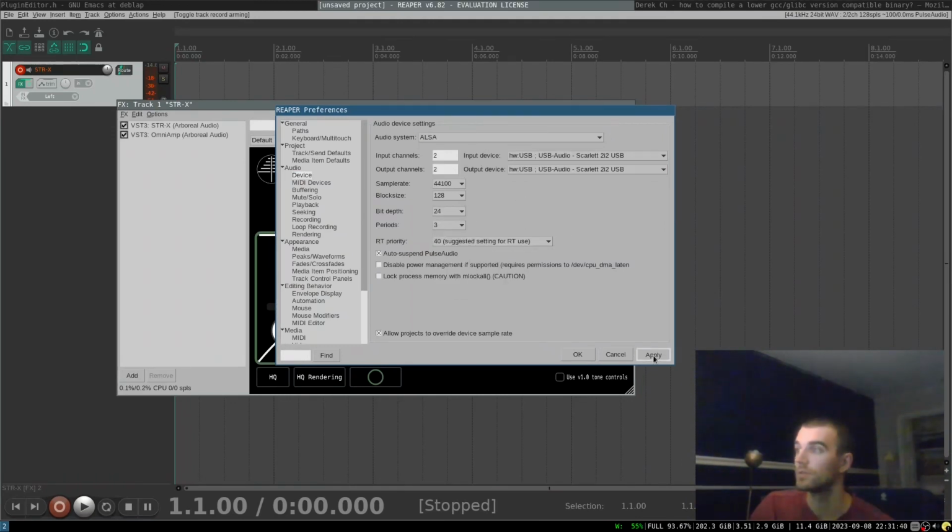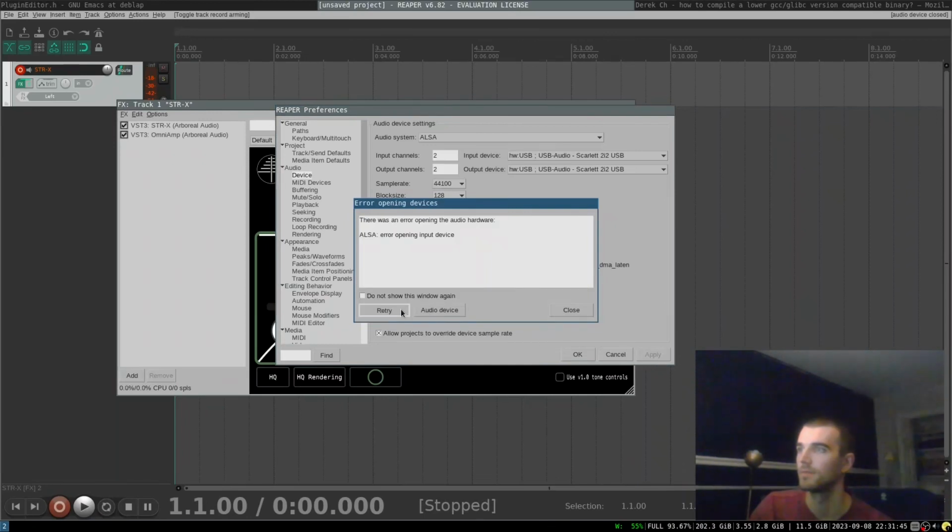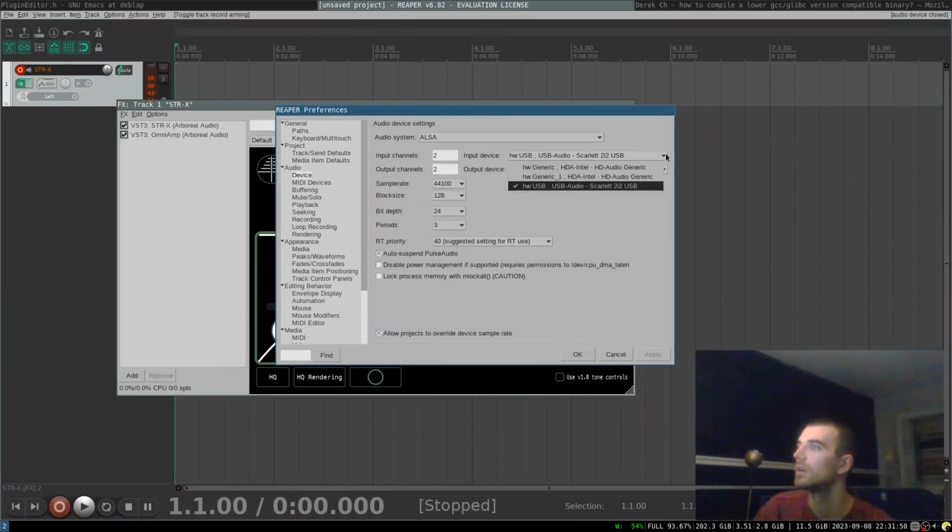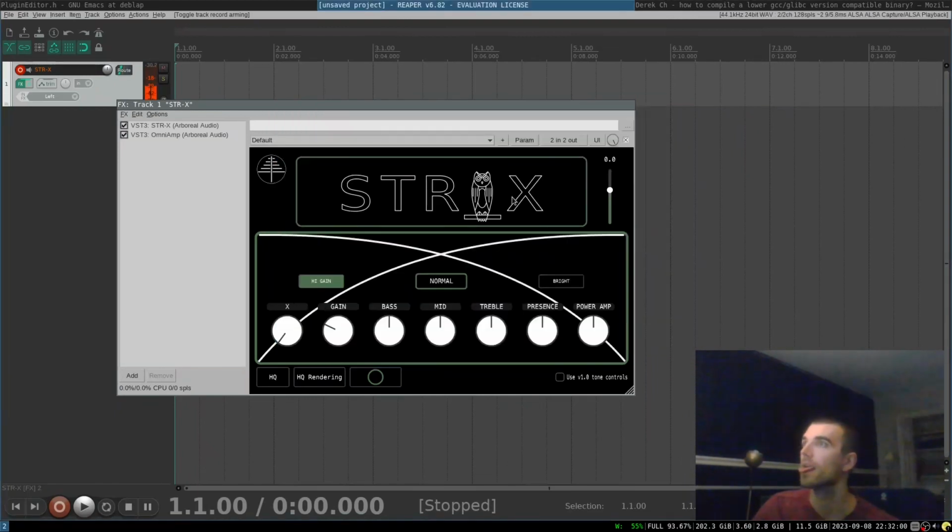But I can't use ALSA because it's currently, so I think if you just type in Pipewire, I've gotten that to work before.